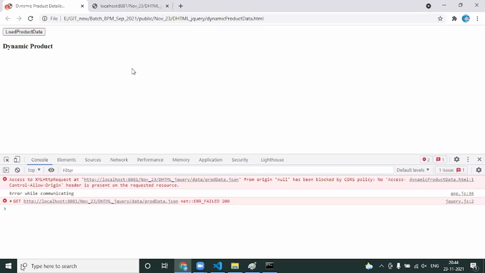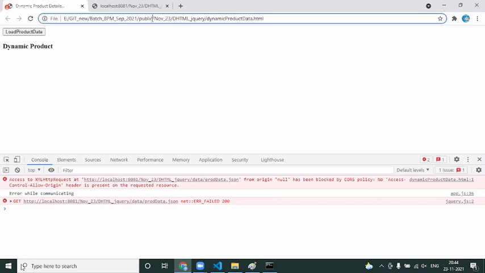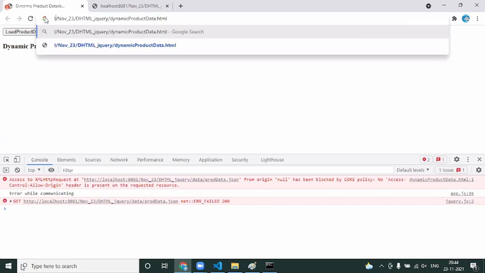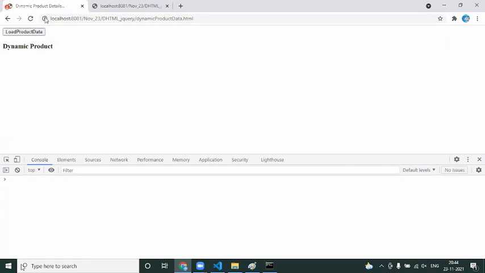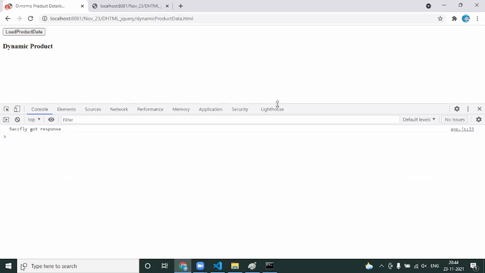Why are you putting this E drive, F drive, and so on? You have to run it from the server. Now, instead of this path, I say localhost colon 8081 and press enter. Now if you click on this load product data, do you get a message called successfully got response?